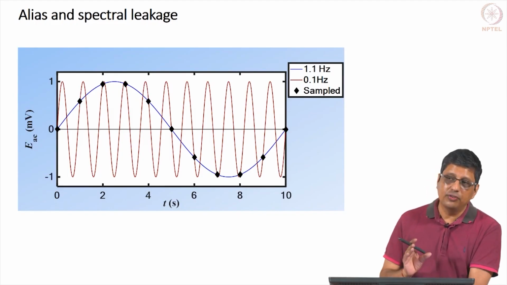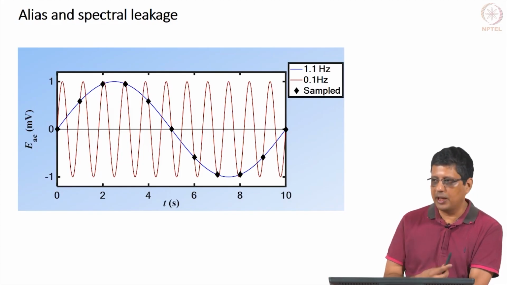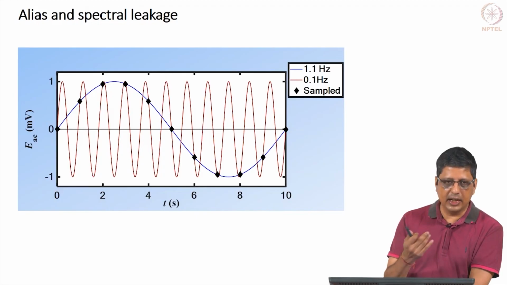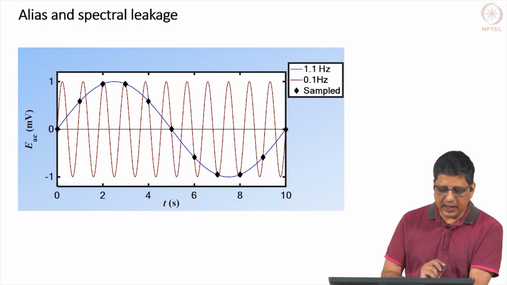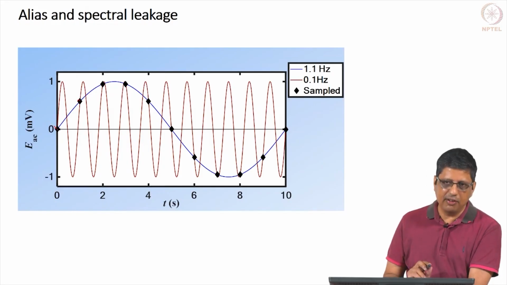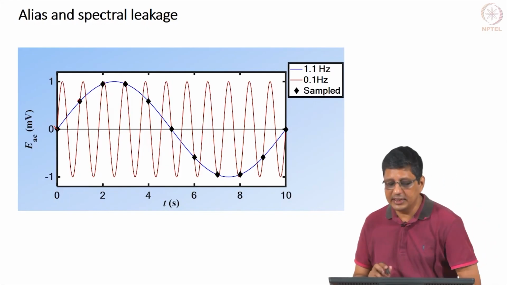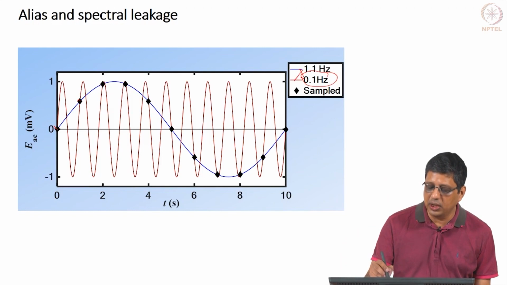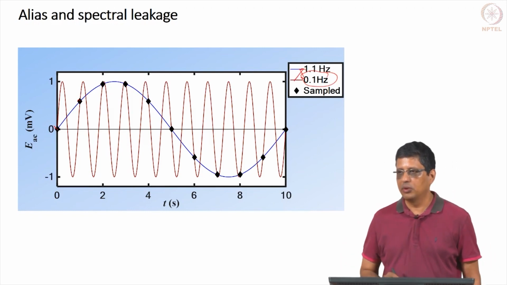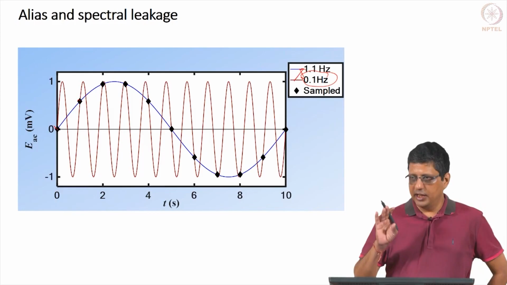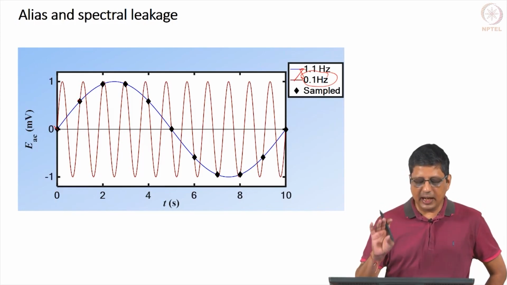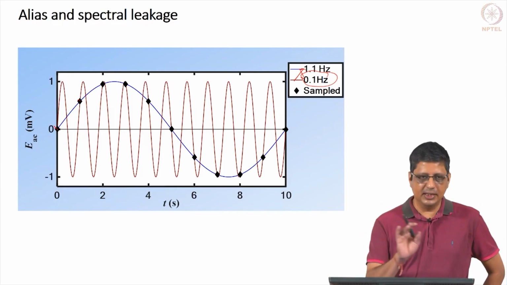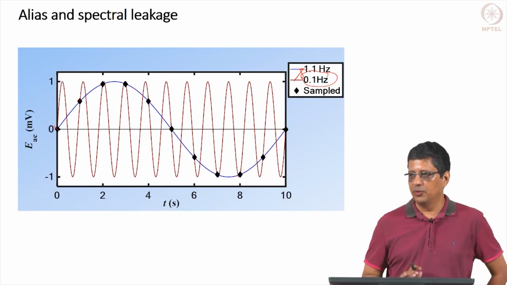Now, I do not sample it very nicely. I mean, in this impedance case, we know what wave we are applying, so we will sample it nicely. But let us say you are taking data from some random source. We sample it every second. You get data here and so on. If I fit this to a sine wave, it will say this fits nicely to a sine wave of 0.1 hertz frequency. So, the blue color is actually 0.1, brown color is 1.1. So, I will get a clean fit. It will give me a phase, it will give me an amplitude, and it will tell me that at this frequency you have the results,